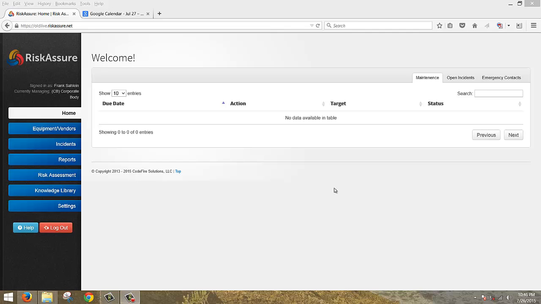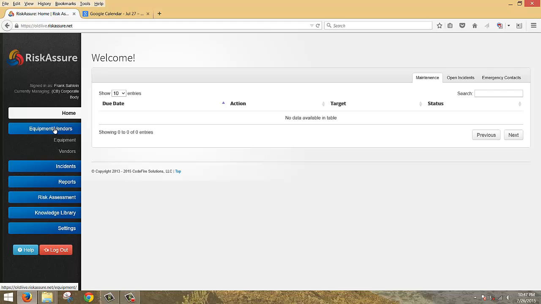This tutorial has to do with setting up vendors. You've already looked at the introduction to RiskAssure Solutions and the setup of locations and users. In the Equipment and Vendors section on the left-hand menu side, you'll see Equipment and Vendors. It's good to set up some vendors prior to setting up your equipment so that you have fill-in choices on